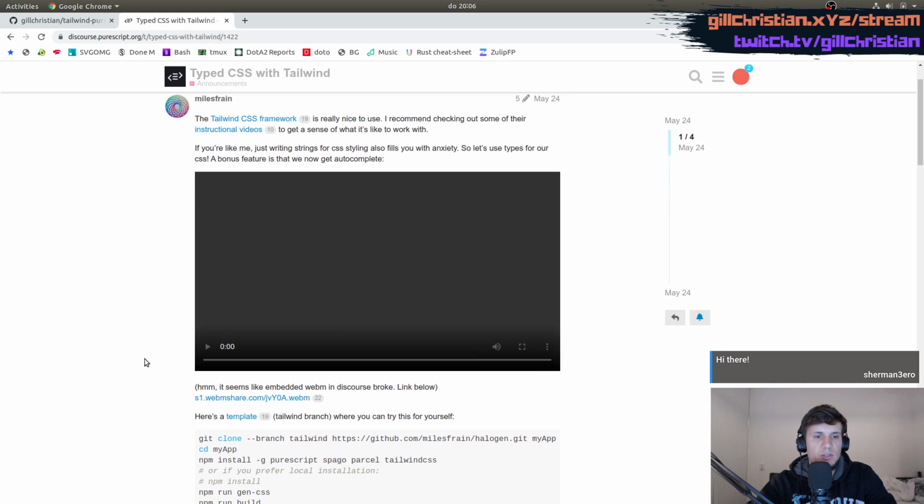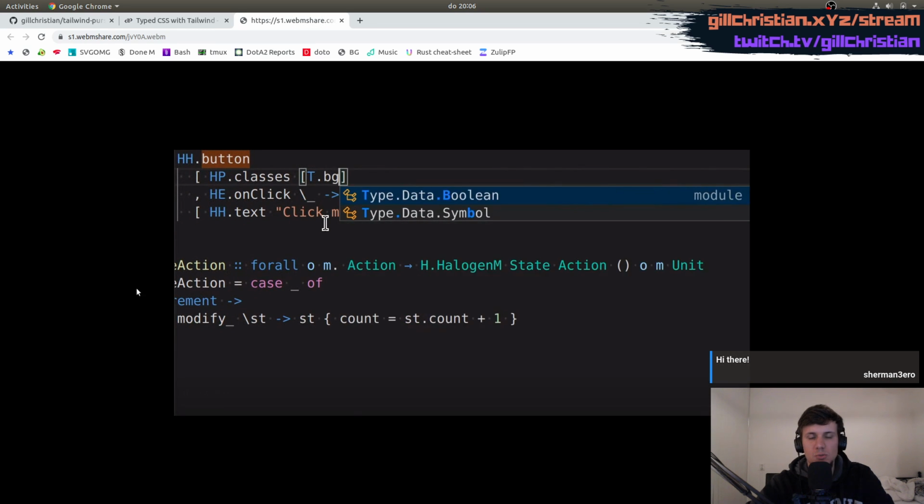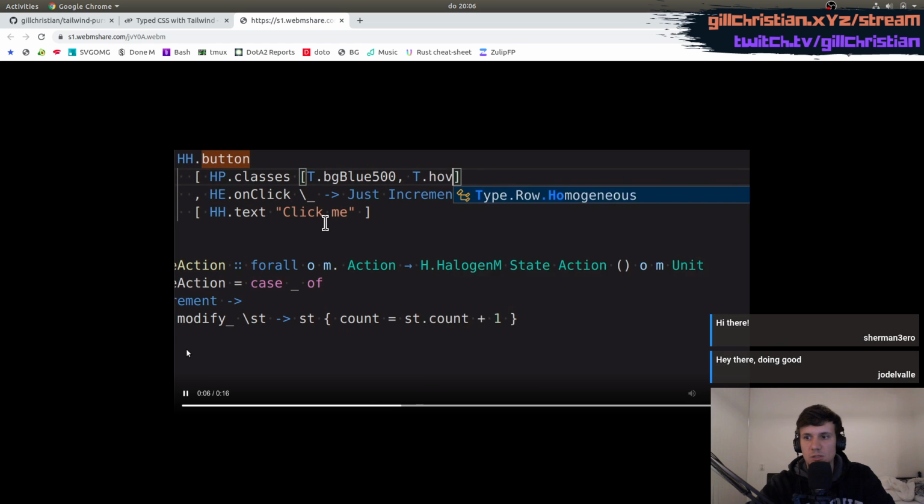So what this generator does is produce the type-safe version of the classes, so you can use them in your script. Right? It's basically